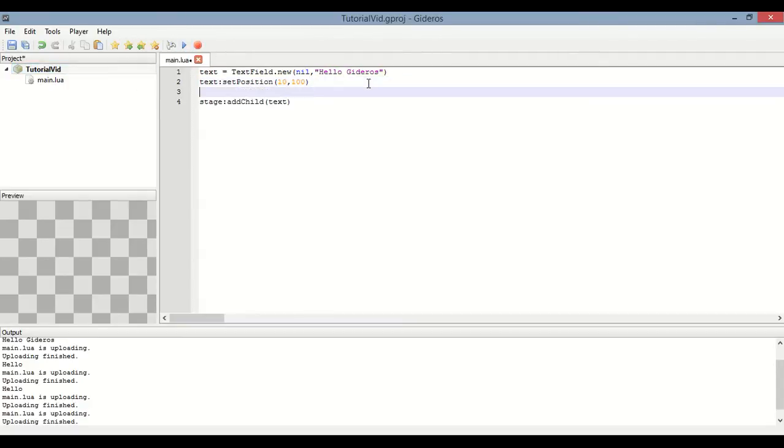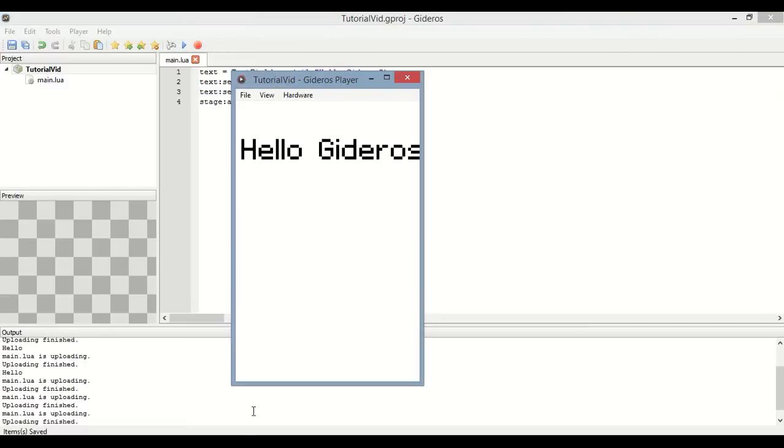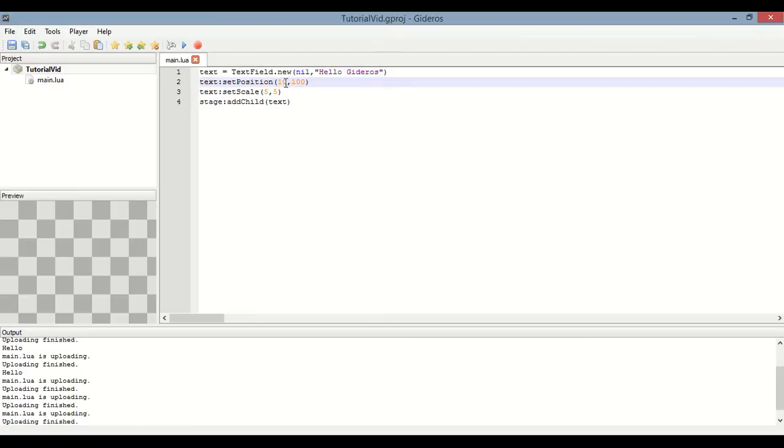And then let's change the scale of the text. So text, set scale. And then you can change it basically on the X or the Y individually, or you can just do this. So I recommend changing the scale of the same thing on both axes. So let's do 5, 5. And now it's so big that it's sort of chopped off at the end. So if we change it to 0,